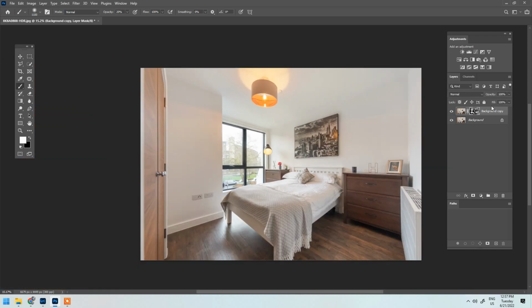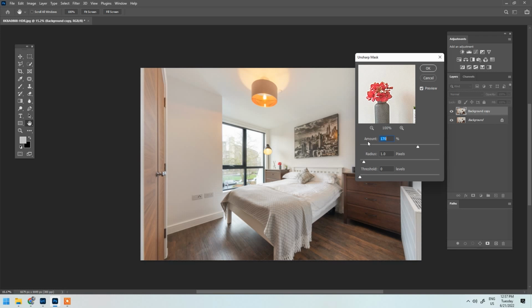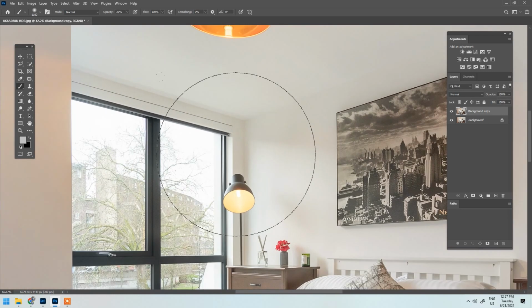Okay. Control E or right click and merge down. Next is sharpness. Again, take the copy of the layer, go to filter, sharpen, unsharp mask. Amount supposed to be 170, radius 1, threshold 0. Press OK. To see the effect,